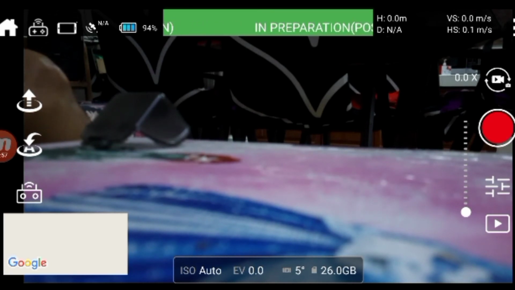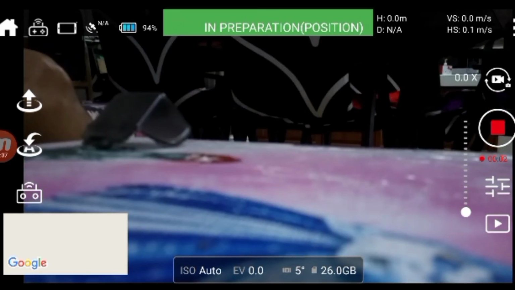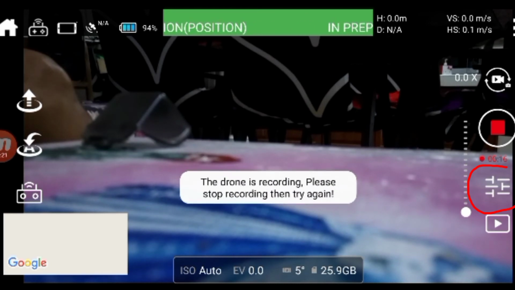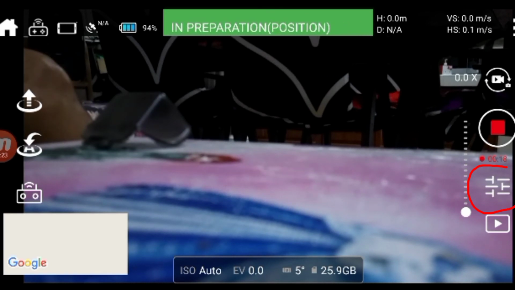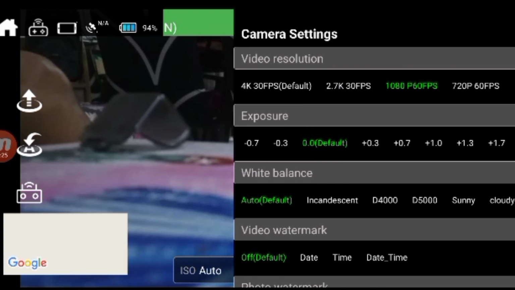So here I'm in video mode, so you can just touch the red thing here, then there it starts counting. So it means your drone is already taking a video. So yeah, and then here the drone is recording. Please stop. Okay, so stop here.